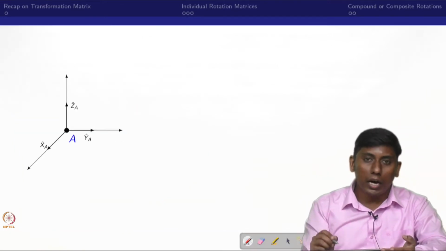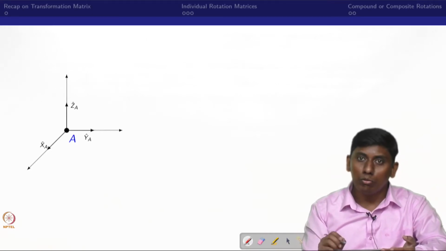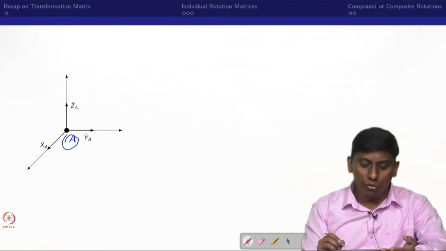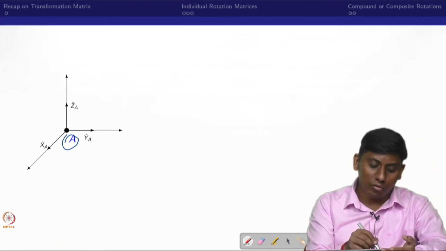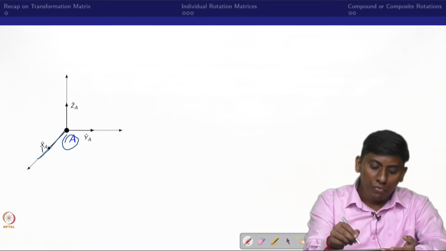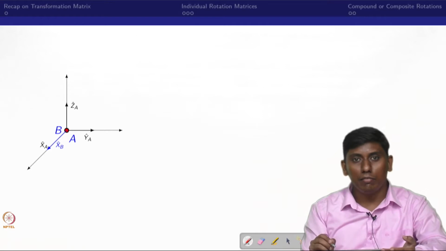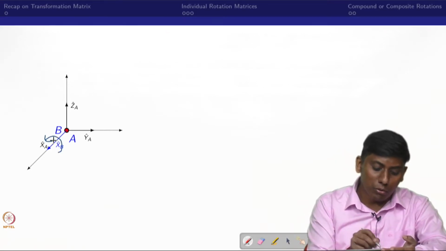For going to that, we will first of all talk about individual transformation, in the sense of the individual rotation matrix. For example, I have a frame A, and there is a body associated with it in such a way that initially the x axis coincides. In the sense, I bring the B frame where the xb unit vector and the xa vector coincide. Now I am rotating with respect to this.